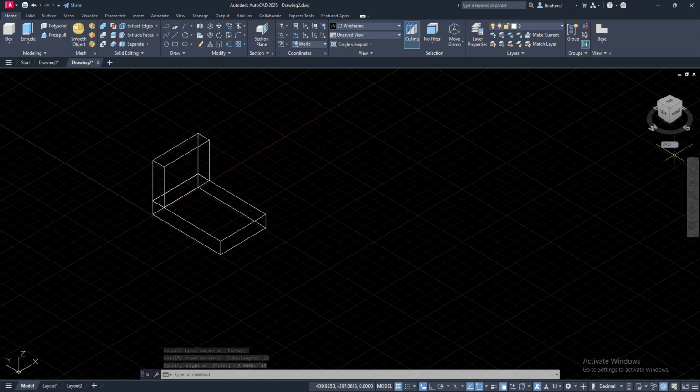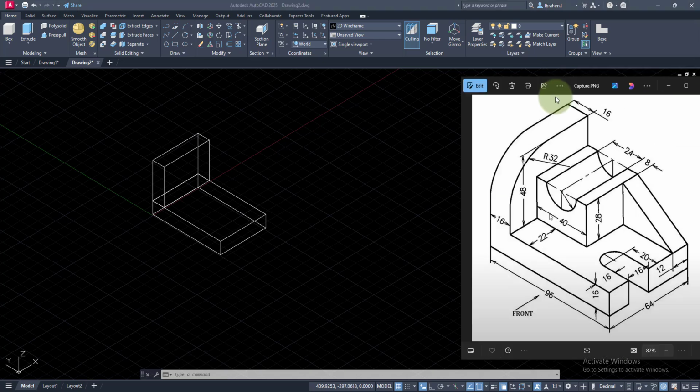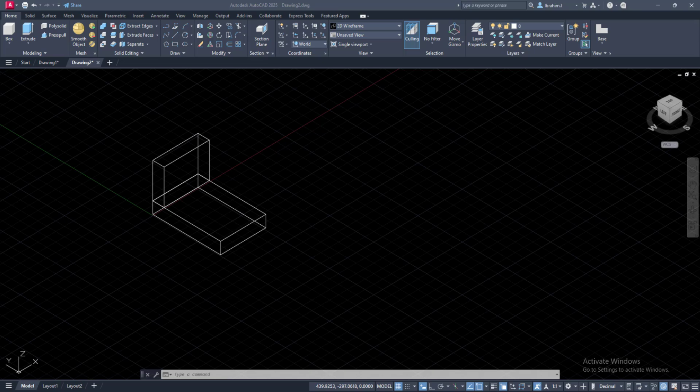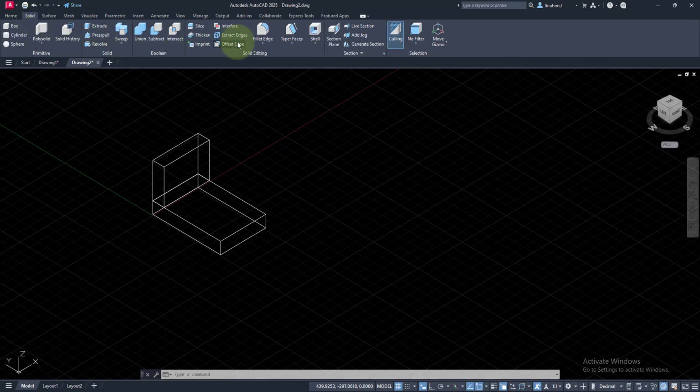But note, guys, take into consideration the radius that has been applied here. A fillet has been applied. A fillet of radius what? 32. How do we add that to our design? I'll go to the Solid tab on my AutoCAD, and I'll go to something called fillet. Can you see fillet edges? I'll click on fillet edges, and I'll right click